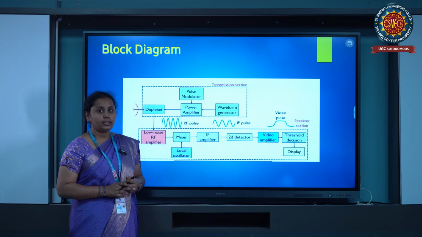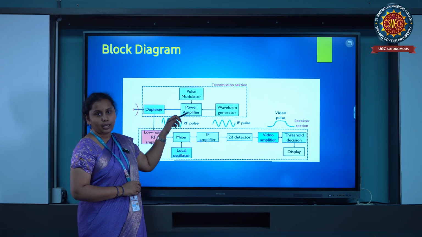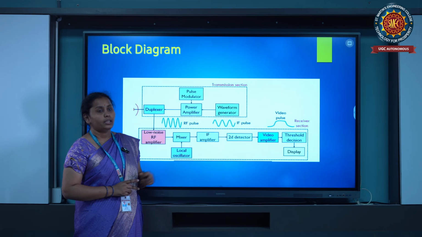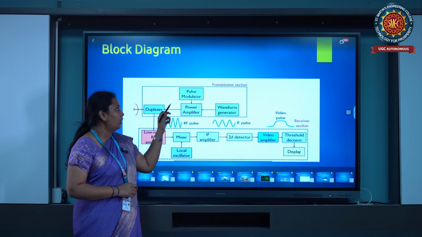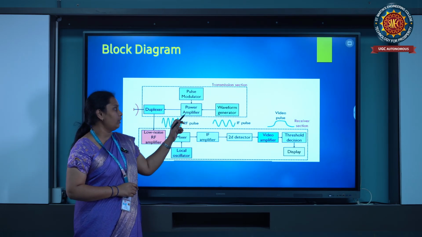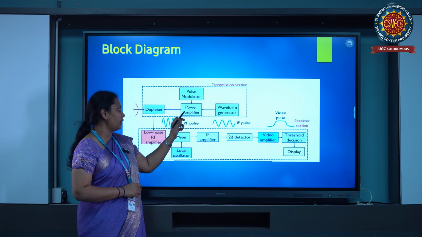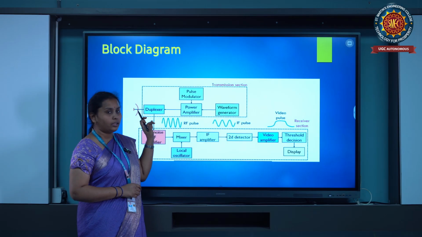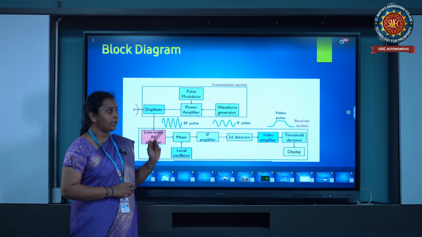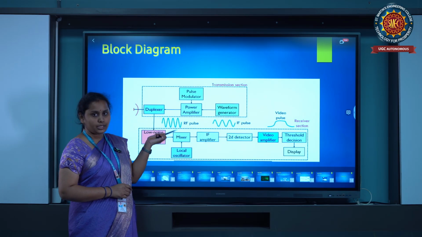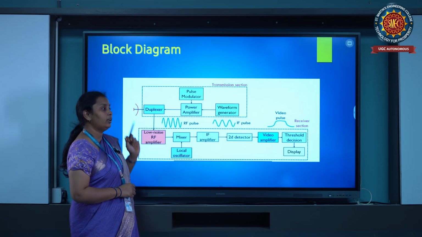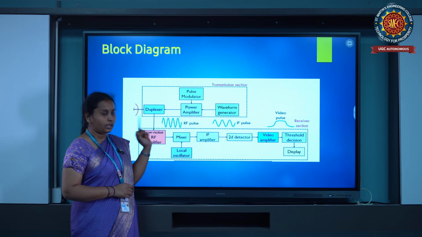The power amplifier is nothing but a transmitter which amplifies the signal, and the pulse modulator synchronizes the signal from both the waveform generator and the power amplifier. Then it sends the signal to the duplexer. The duplexer acts for both transmission and receiving purposes. It allows the antenna to transmit and receive the data.